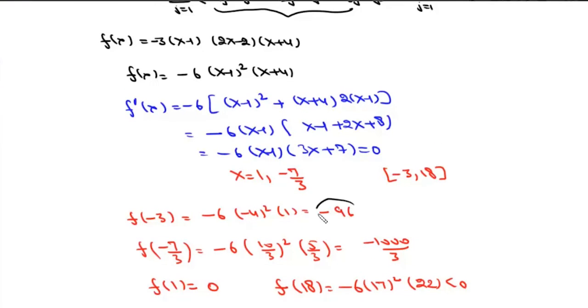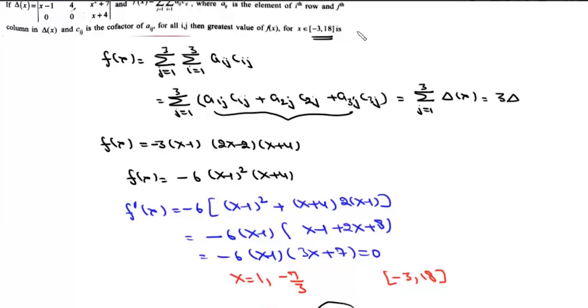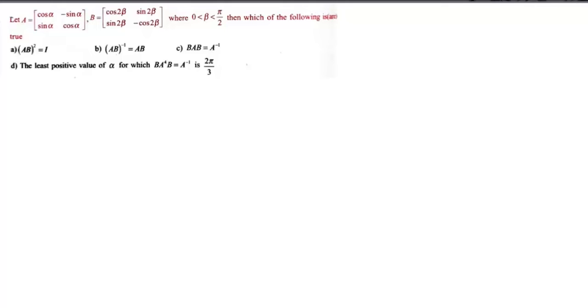Now f(-3) is negative, f(-7/3) is negative, f(18) is also negative. So the maximum value of this function in this interval is 0, and we'll get this maximum value at x equals 1. So the greatest value of f(x) in this interval is 0, and that is the answer to this question. Now here the question is, we are given A and B, then we need to find which of the